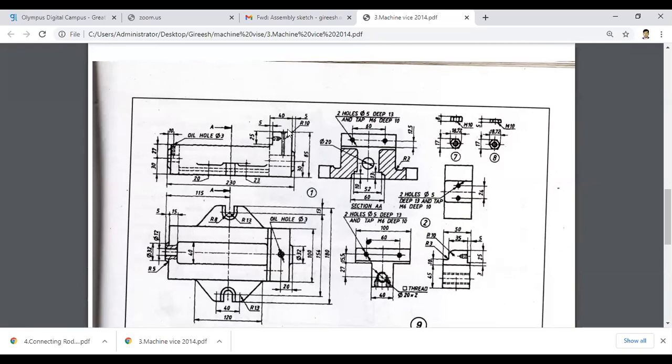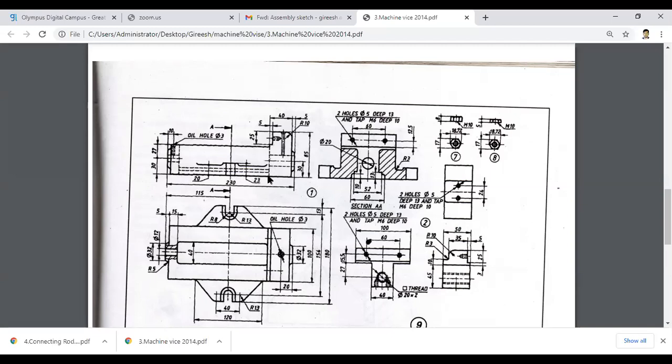Okay, this front view. We'll draw the front view first. First, analyze the dimensions. Here you see the total distance given is 230. 230 is the total length. As I am starting from the mid of the line where two planes will intersect, I will start from here. Again, you negotiate this 5 mm thickness, so I will consider this later. 230 minus 5, here also 5 mm, 230 minus 5 minus 5 will be 220. Half of 220 is 110, right?